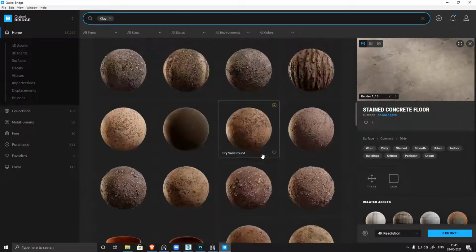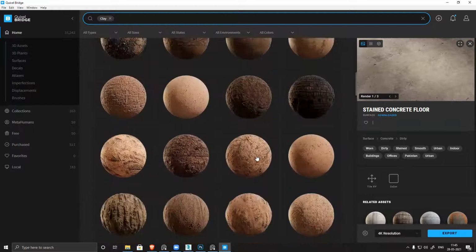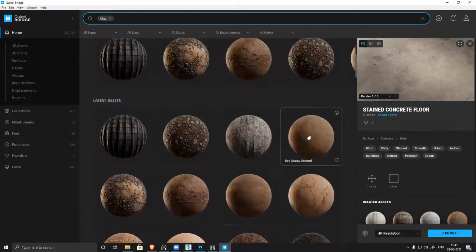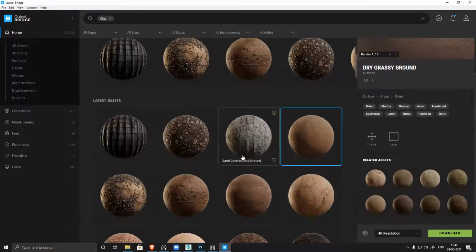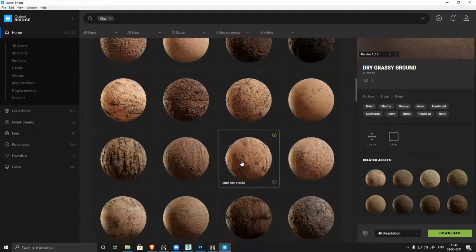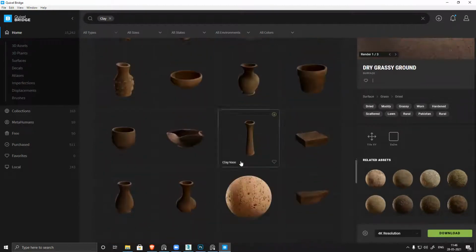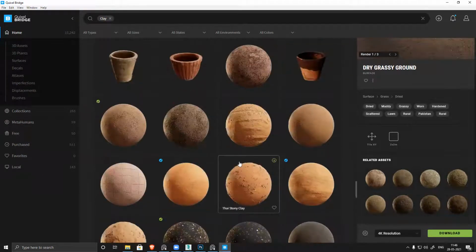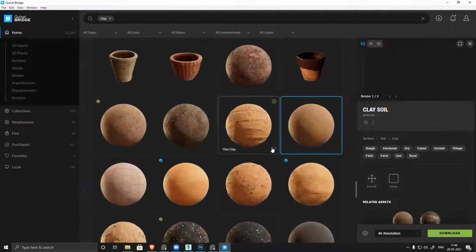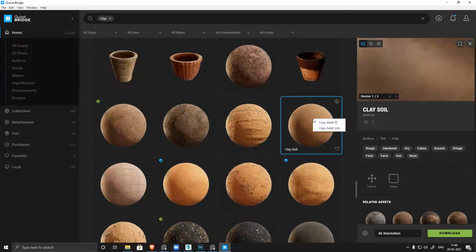Or if I want, I can search on Google for a terracotta texture or something. Clay pot texture. Something a bit smoother. This is a little smoother.